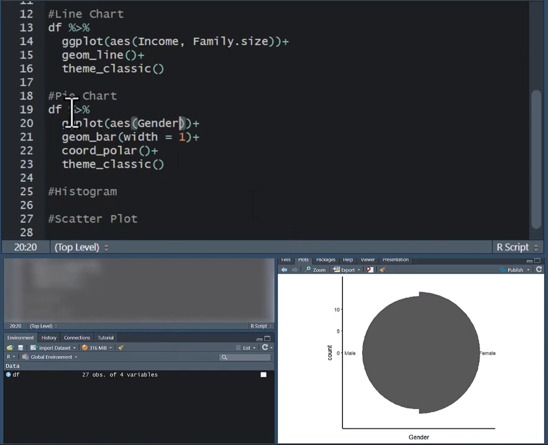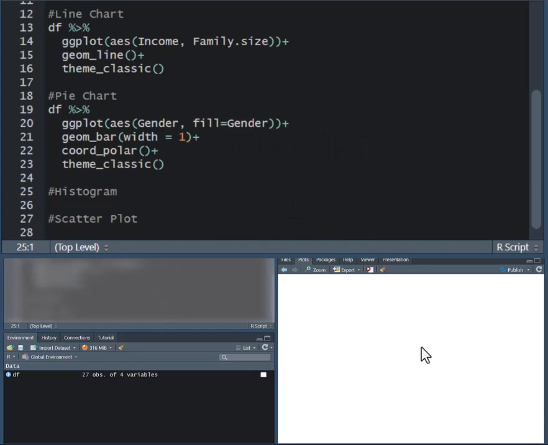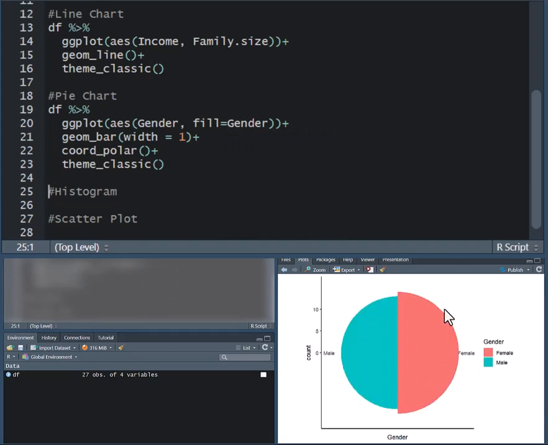and I'll try to give it colors and make it look nice by going to the aesthetics and give it a fill of gender. It will pick gender and color each category differently. So I'll give it a fill for gender, and then when I run, you can clearly see that it's now so much nicer looking. And I can give it data labels here to tell that males are maybe 20